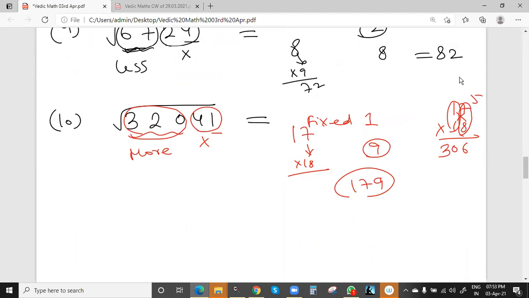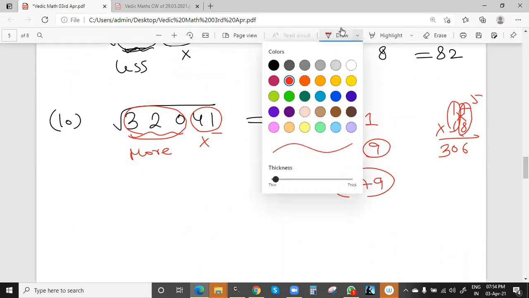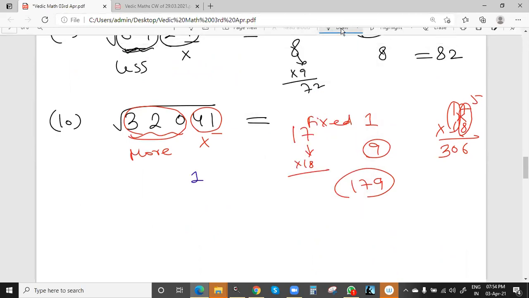Now one more trick we can have here. Suppose we got 1 and 9, we have to choose any one. And the last two values we ignore because we are finding a square root, and for a cube root we'll ignore the last three digits. The remaining value is 320. 324 is 18 square, and 320 will be less than 18 square, so that is 17 square. And 19 square is 361, which is even higher than 320. We'll take 17 here, no problem.